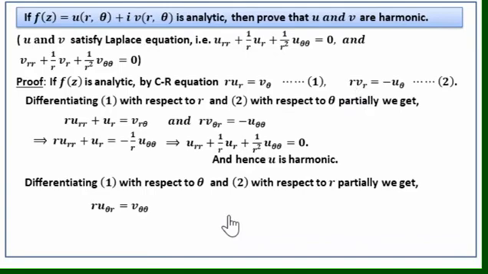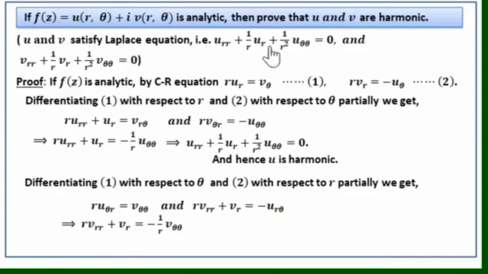Keep R constant, derivative of VR with respect to R, that is R into dou by dou R of VR, is R VRR, plus keep VR constant, VR into derivative of R with respect to R, 1, equal to the right hand side, minus dou by dou R of U theta, that is U R theta. Again from this second equation, note this R VRR plus VR equals minus U R theta, which is the same as U theta. So the right hand side becomes equal to minus 1 by R V theta theta.